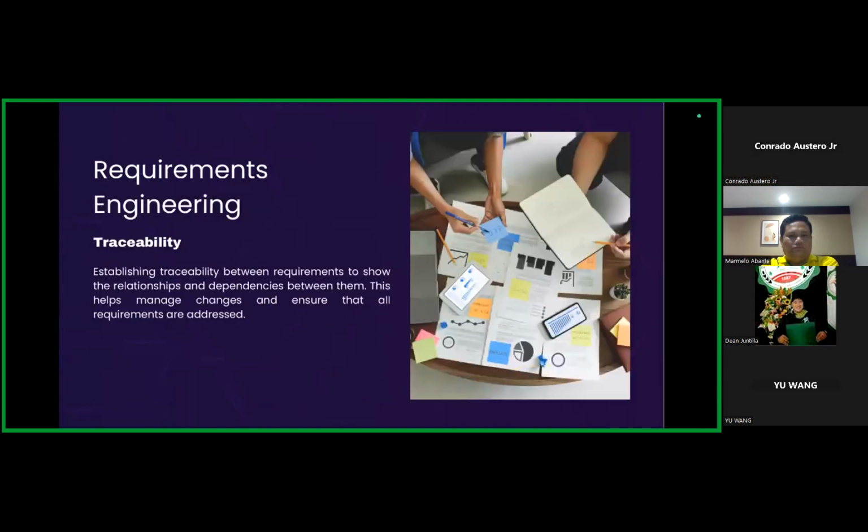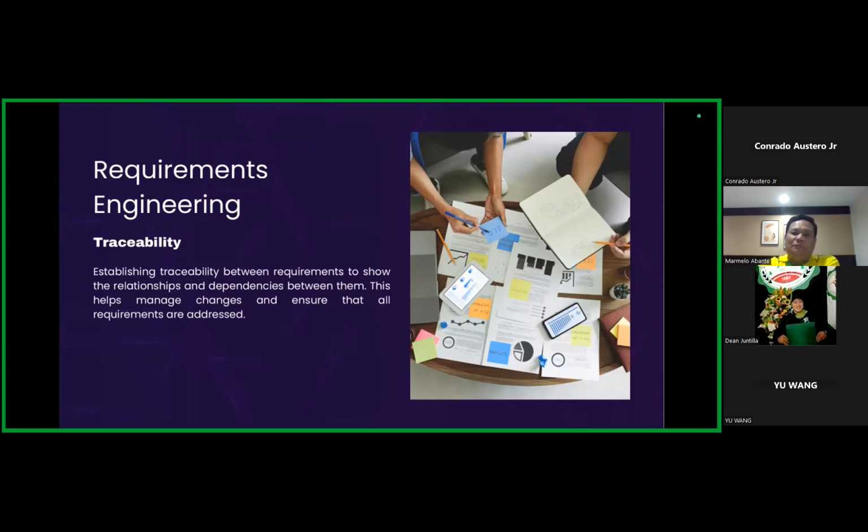That being said, let's move forward to the traceability, which is actually pretty straightforward to establish. You can backstep, or look back at whatever you have already done with the requirements, to show the relationship and manage changes, and ensure that all requirements are addressed and we don't have anything lacking, and all of the requirements of our clients are met.